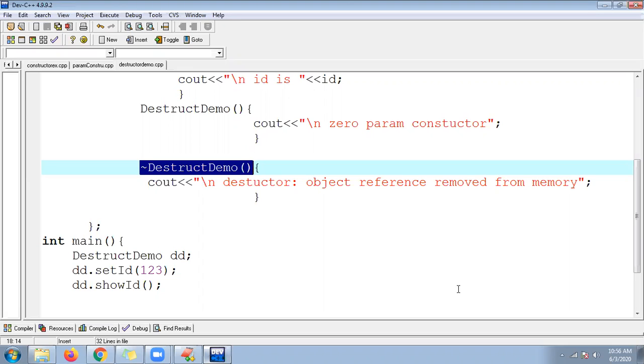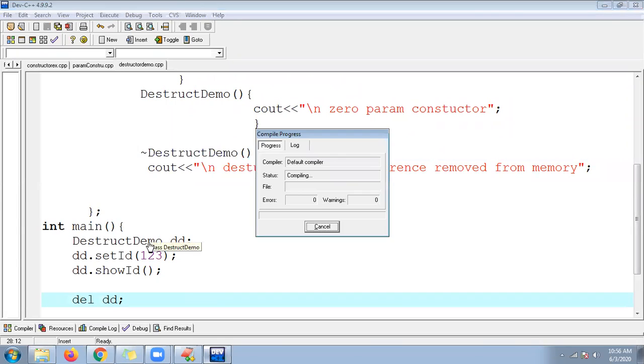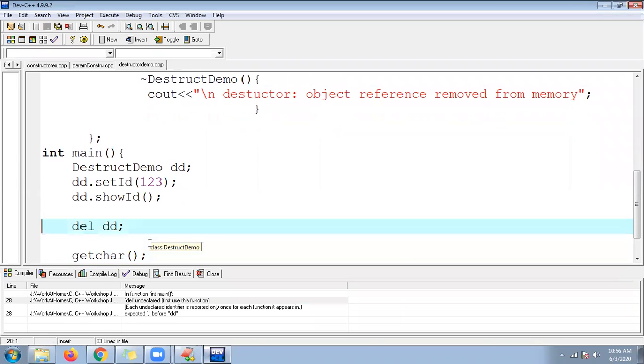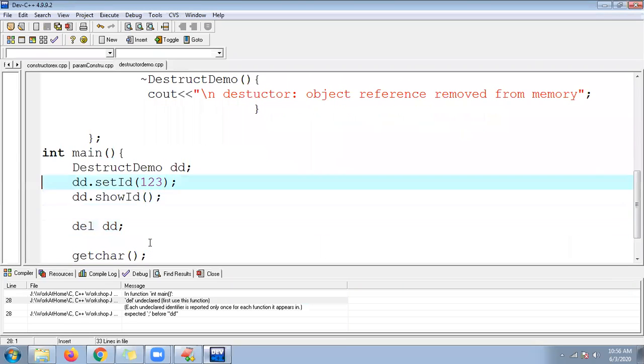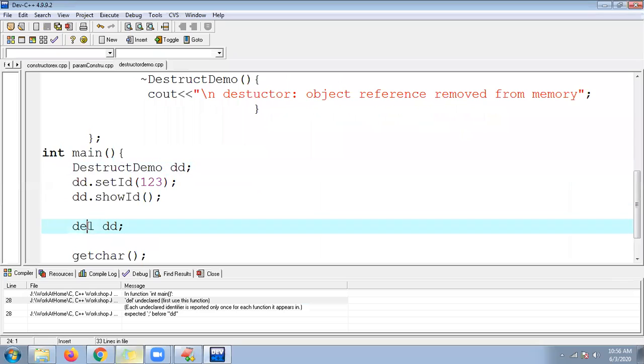Let me call the destructor. Let me use del dd, Control F9. Is anything missing?